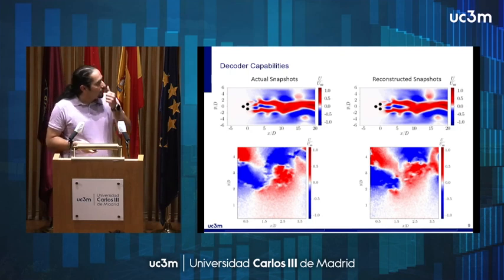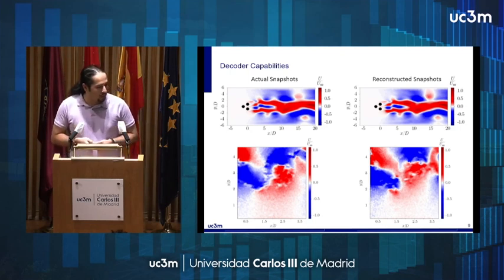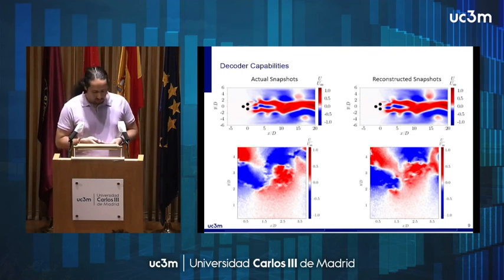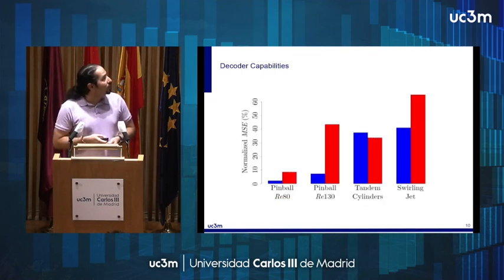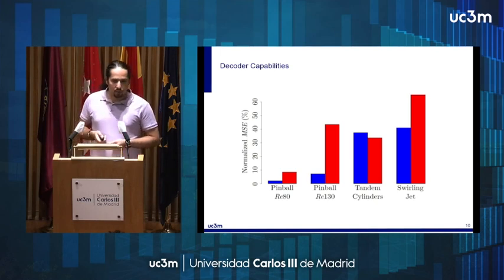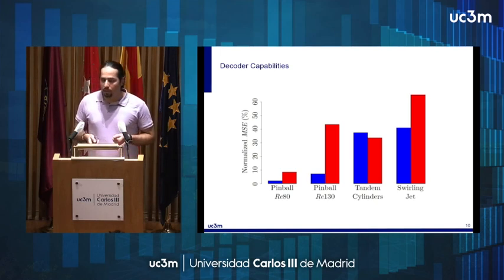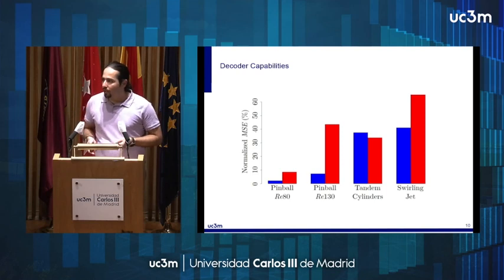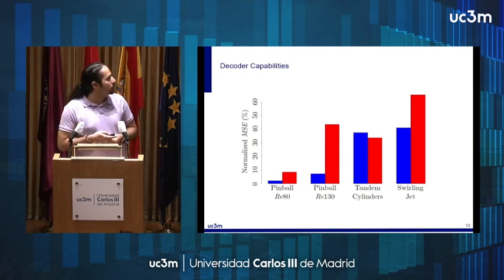Well, moving toward the decoder part, whose main objective is reconstruction of the actual snapshot, we are pleased to have such a nice result in terms of reconstruction error. In almost all the cases, we outperform the POD reconstruction error, and with this step, we are able to prove the capabilities of our method.